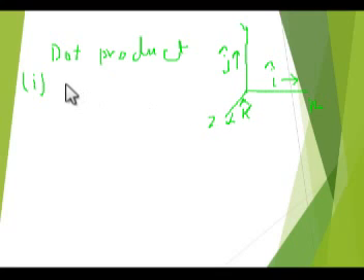Then we have to know this property: i dot i is equal to j dot j is equal to k dot k is equal to